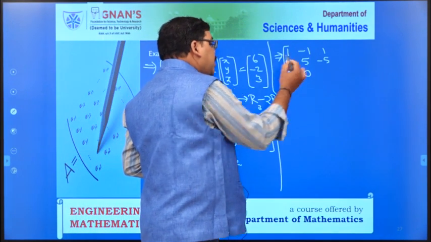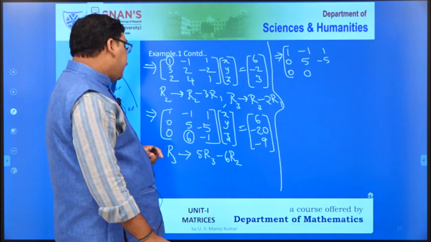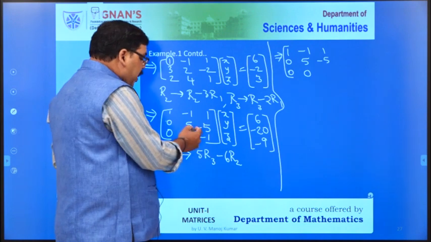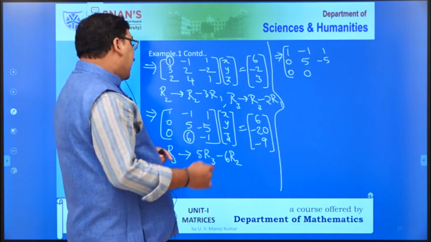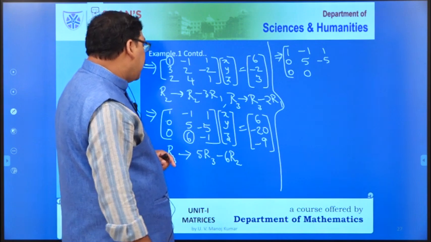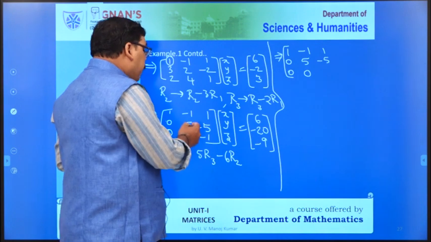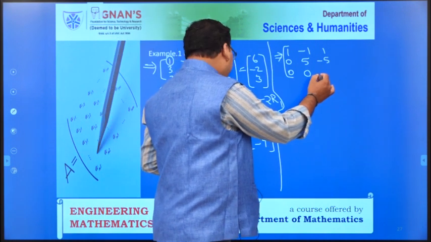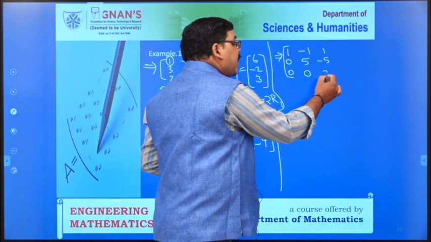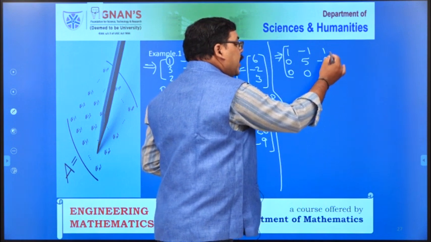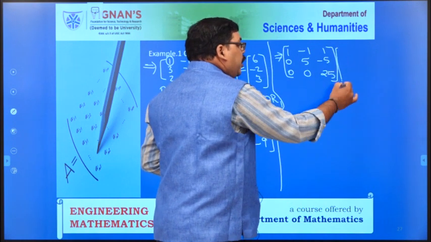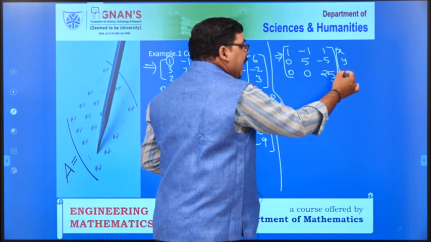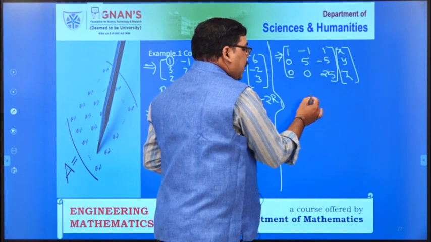This is 0, this is 0. Come to this one. 5 times R3 becomes minus 5, and 6 times R2 becomes minus 30. Minus 5 minus of minus, plus 30. Minus 5 plus 30, 25. Into x, y, z equals to